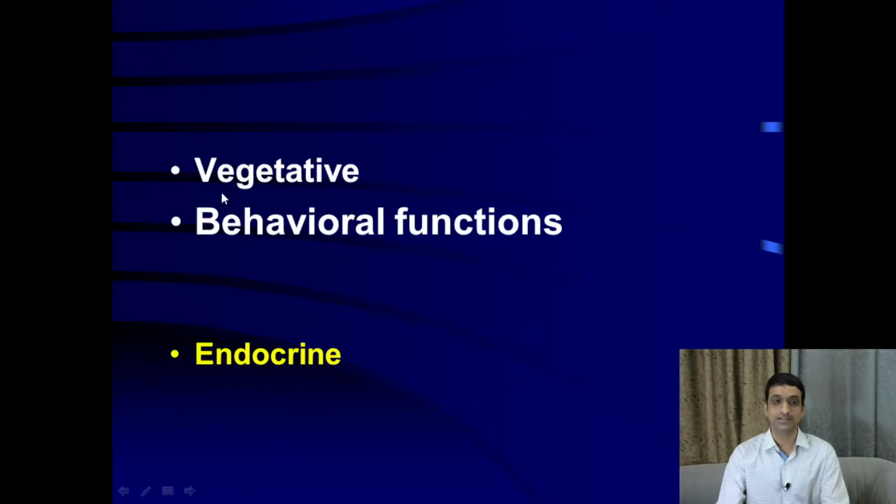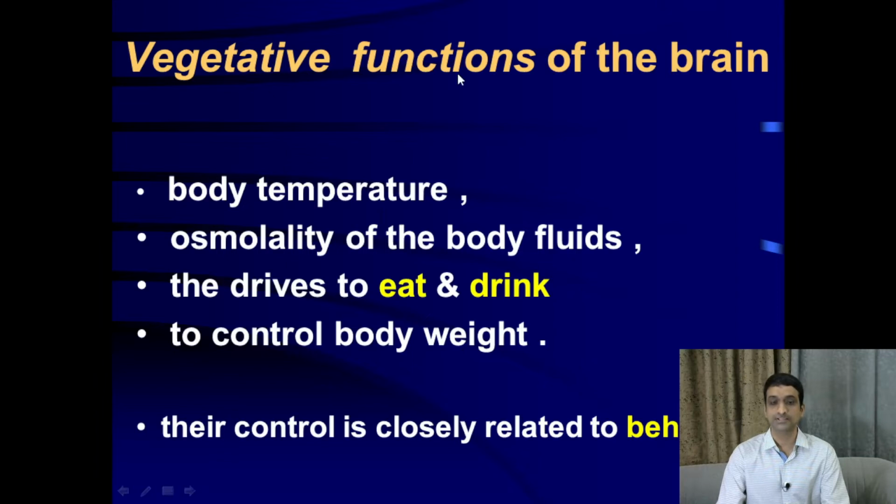Now, the functions are divided into vegetative functions of the limbic system, behavioral functions of the limbic system. These two are closely related. We'll explain that. And finally, endocrine functions of the limbic system. Now, we'll see the vegetative functions of the limbic system: regulation of body temperature, regulation of osmolality of the body fluids, regulation of drives like eating and drinking behaviors to control body weight. All these regulations of vegetative functions are closely related to the regulation of behavior, or I can say emotional behavior